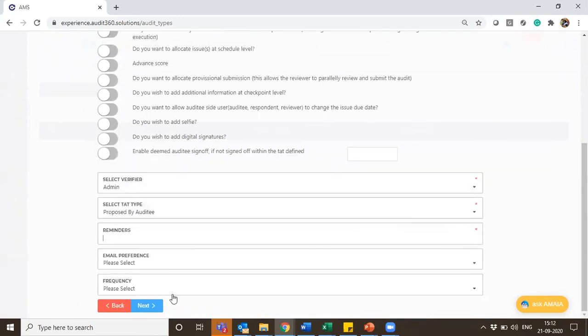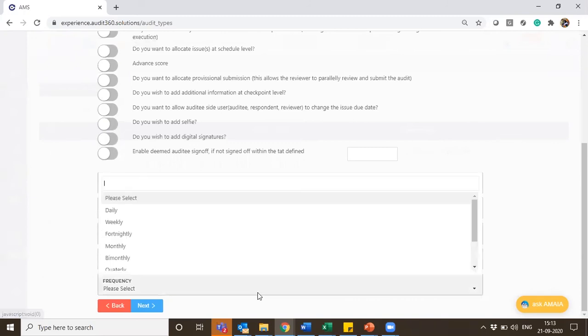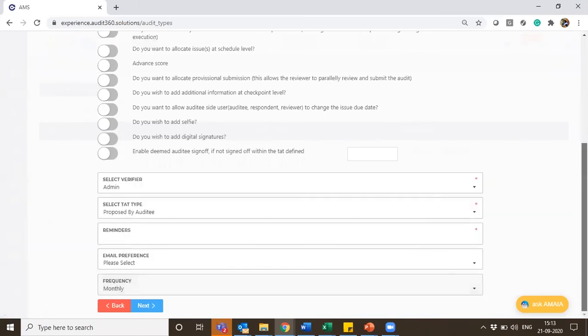I don't have any reminders. You have something called frequency. So whenever there is an annexure, you can even set a frequency. When there is dynamic data, whatever is your frequency of upload, when you are doing a monthly schedule, you would be uploading the data monthly once, or if it's quarterly, you would be sharing quarterly. So that frequency can be set here. I would be doing a monthly schedule, so the frequency for the dynamic annexure we have created will be monthly. Then I just go next.